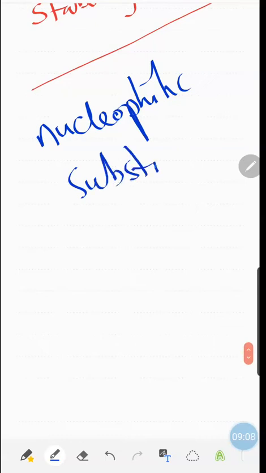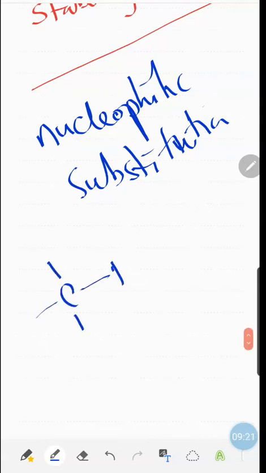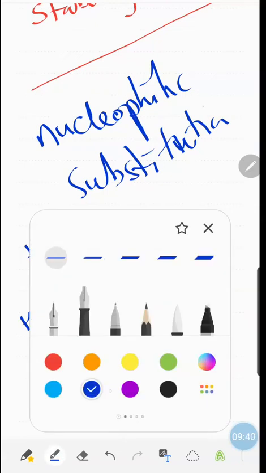of halogenoalkanes. Substitution of halogenoalkanes. Halogenoalkanes have a halogen attached. Because of the halogen, this makes the C-halogen bond really polar. Bromine is more electronegative, and because of this polarity,